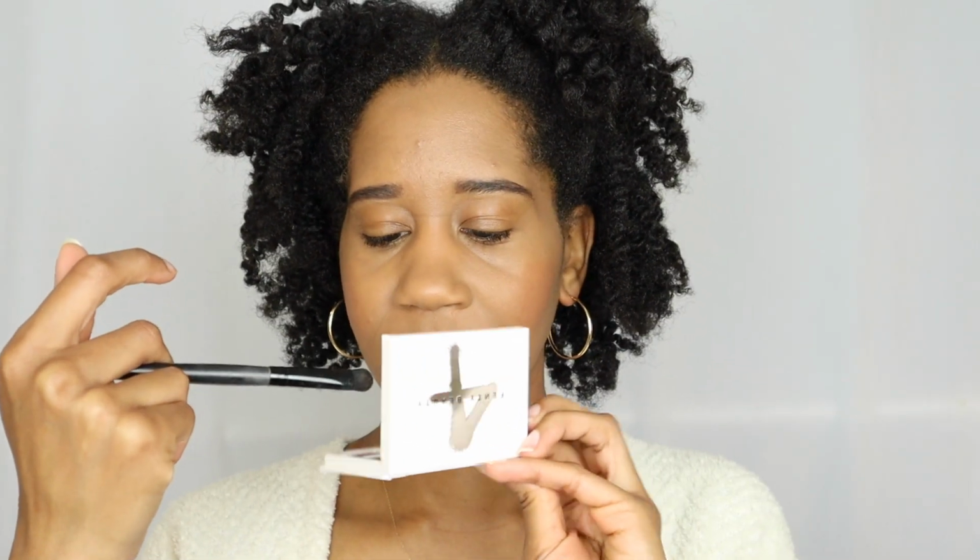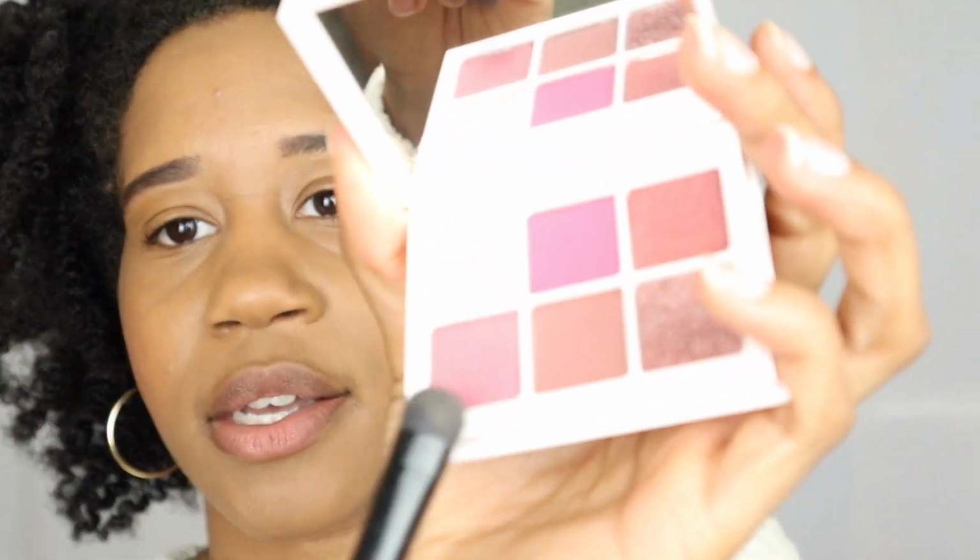So I'm going in with the Stunt Queen and the Sugar Shock. So using this Sugar Shock on the eyelid, I'm going to attempt